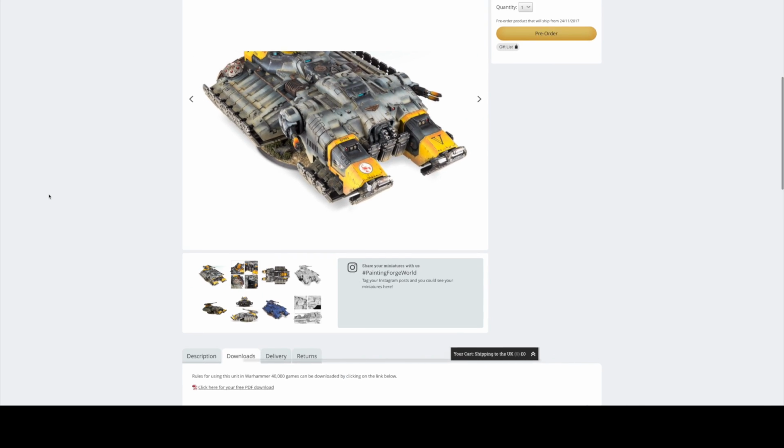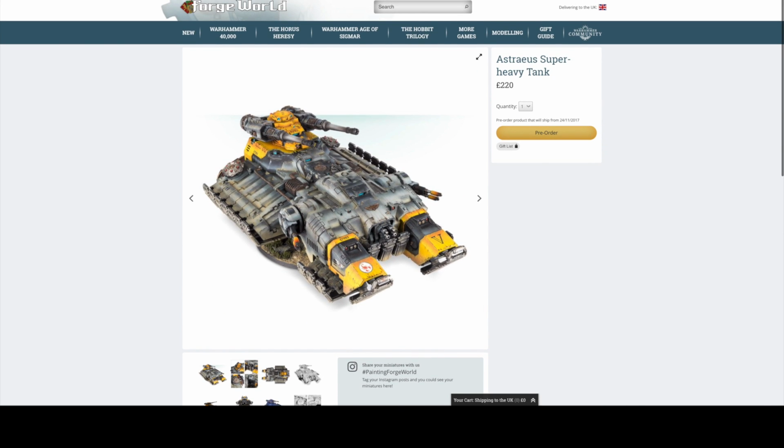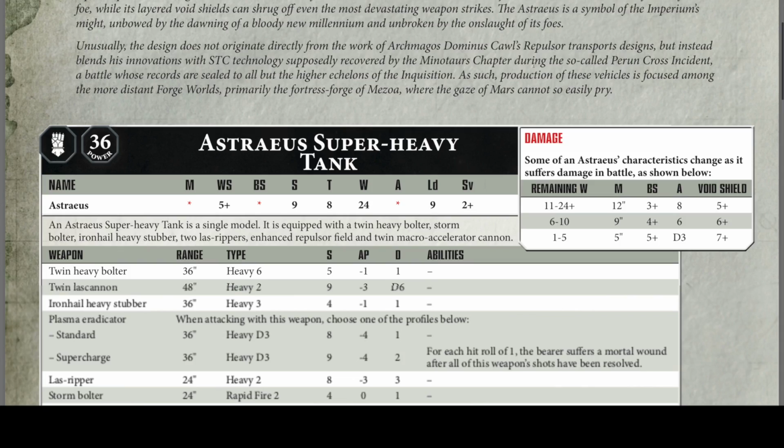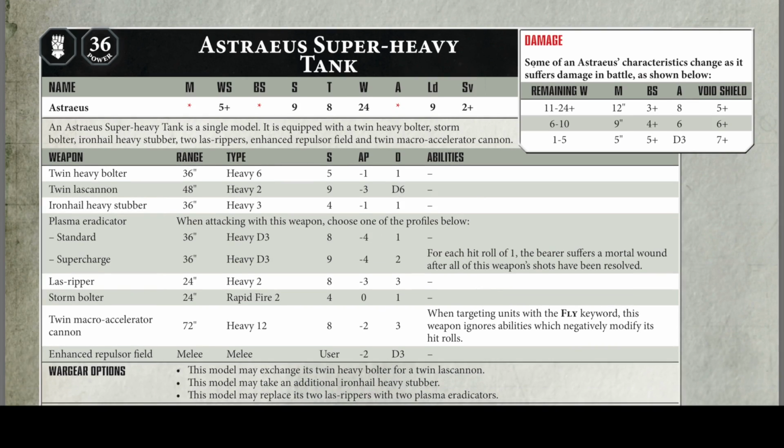So that is the Astraeus. The rules are also on there for free right here, look. So Astraeus super heavy tank, it's power of 36. I think the Fellblade is 37, I think, but toughness of a Fellblade is 1 more at 9, and the wounds of a Fellblade it's got 26 wounds